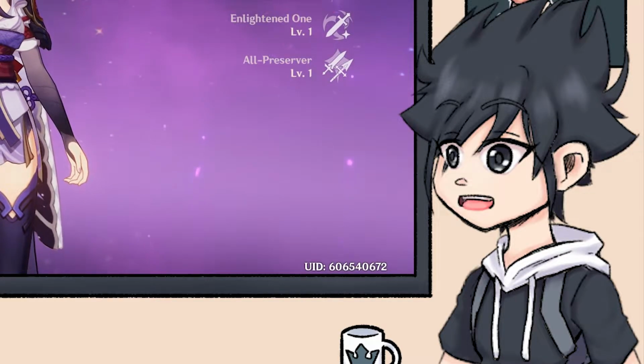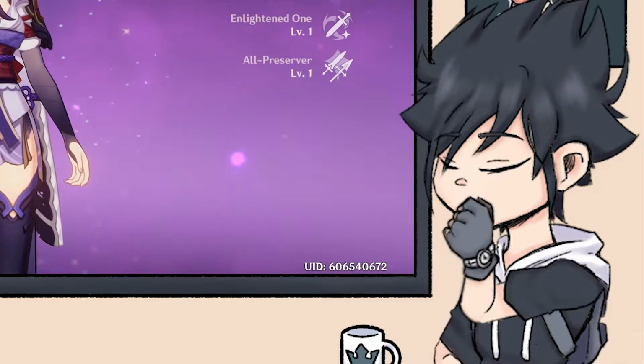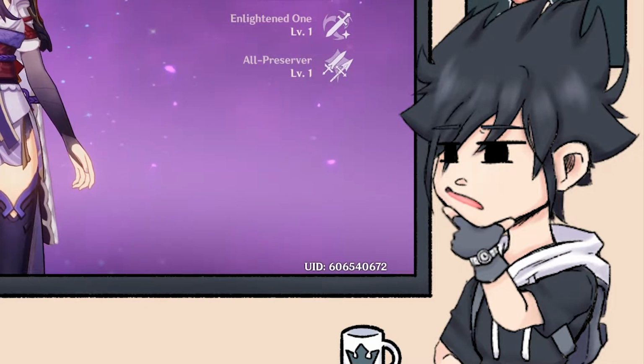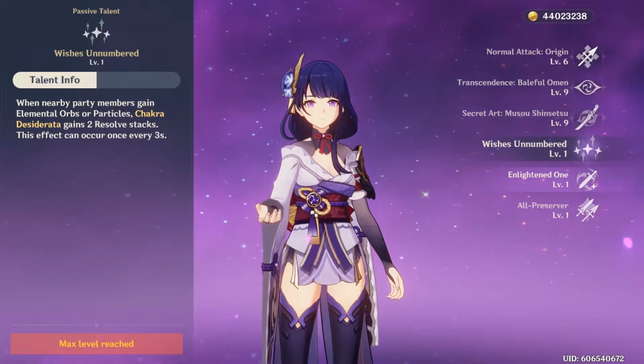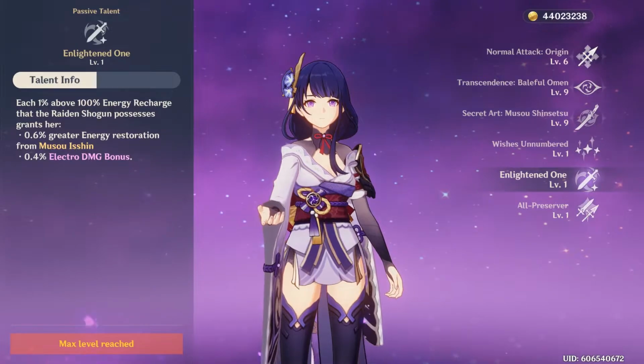Overall, a pretty good passive that makes it easier for party members to help the Raiden Shogun gain resolve stacks, and in return, boosts her burst damage, but the one that players are going to be excited about is her next one. See for yourself. The Raiden Shogun's Ascension 4 passive, Enlightened One, makes it so every energy recharge that's over 100%,